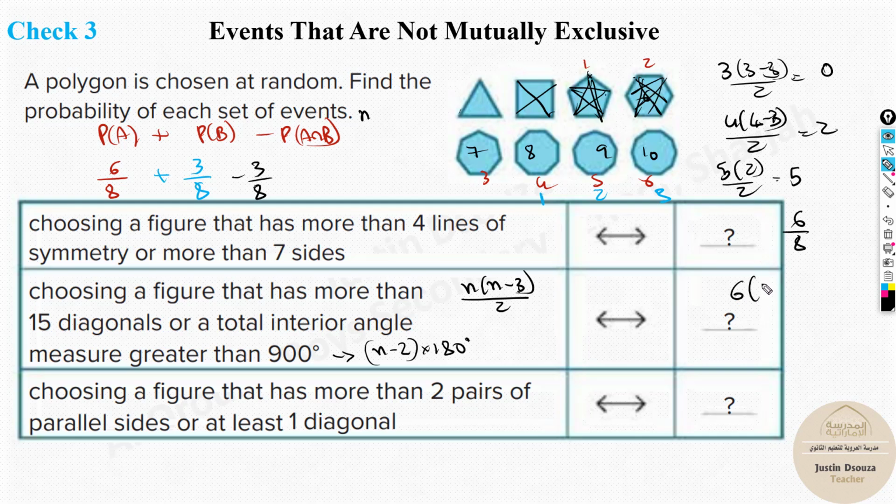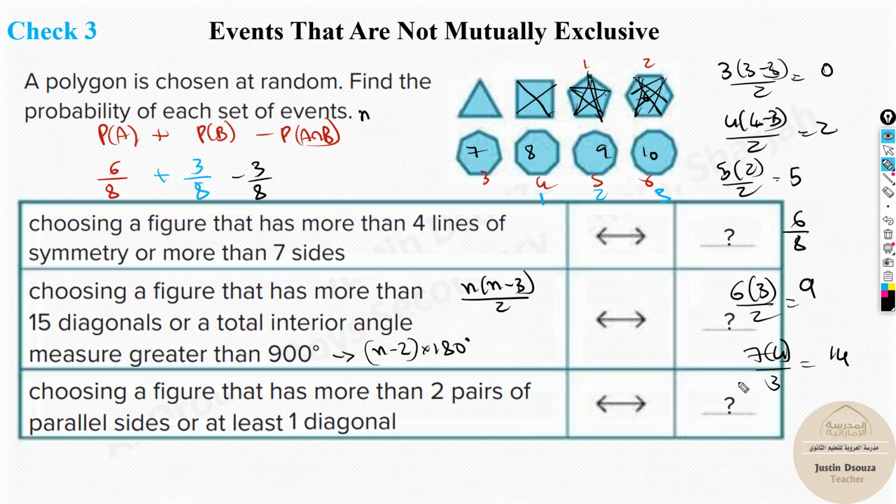You can keep on going over there with the next ones. It'll be 6 times 3 is 18, 9. Now, what do we want? More than 15 diagonals. So, how much does the heptagon have? Heptagon is 7 times 7 minus 3, sorry, is 4 by 2. 7 fours are 28 by 2. It's 14 diagonals. Now then, from octagon, we will have more than